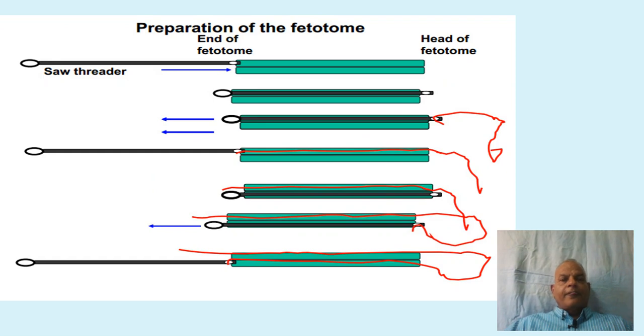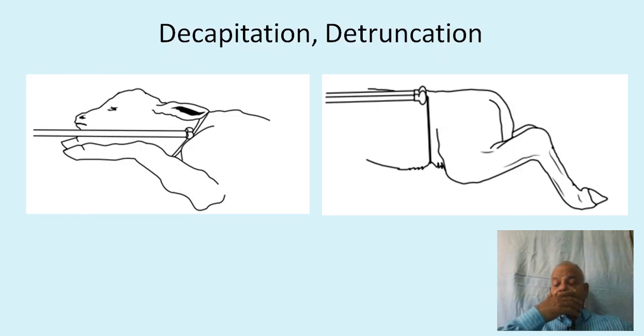Now this is how the fetotome is prepared. The saw threader is introduced and the wire saw is placed, and then the wire saw is pulled, and then it is placed in the second tube and it is pulled and a loop is formed. The free ends of the wire saw are tied with the wire saw holders,